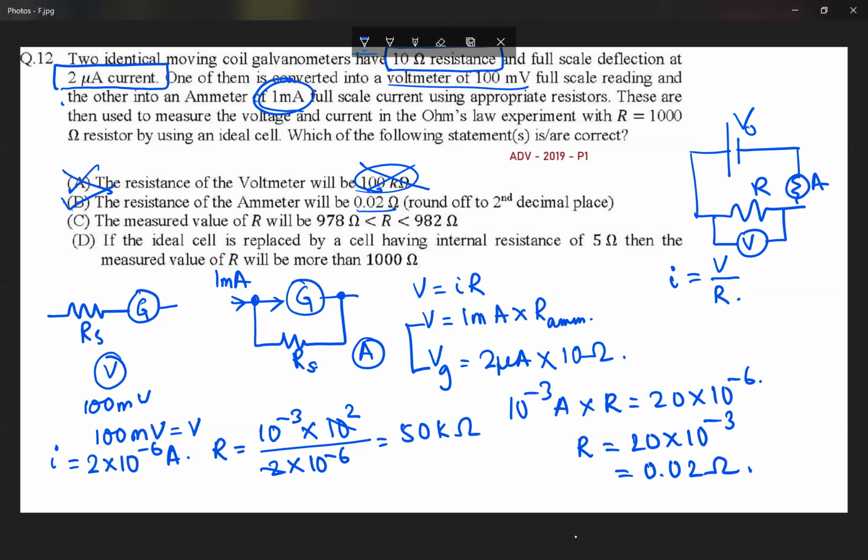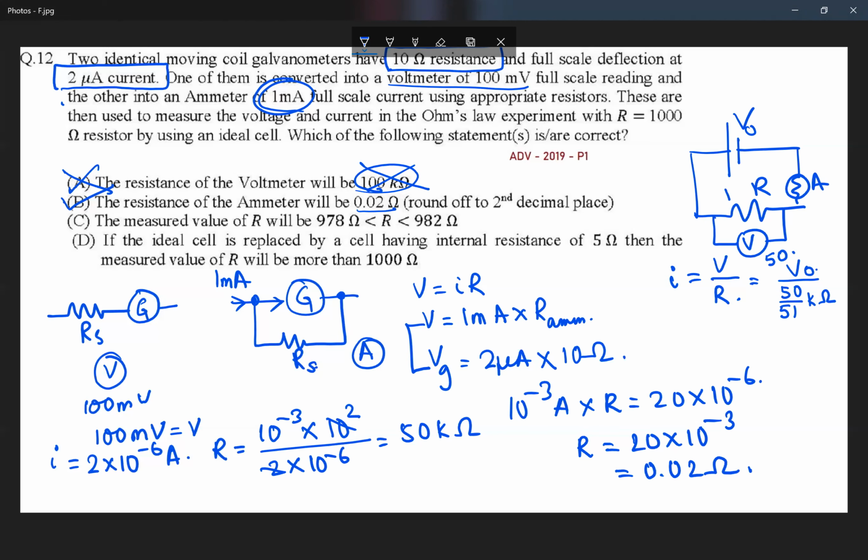So first of all, if you connect something up like this, what is the current that is going to flow through the circuit? The resistance is equal to 1 kilo ohm. The resistance of the voltmeter is equal to 50 kilo ohms. So the equivalent resistance will be equal to 50 into 1 divided by 50 plus 1, so 50 divided by 51 kilo ohms. The EMF of the battery will be equal to V0. So the current flowing through the entire circuit will be equal to V0 divided by 50 by 51 kilo ohms. This is the current flowing through the entire circuit.